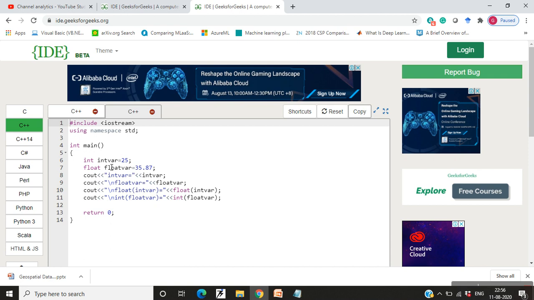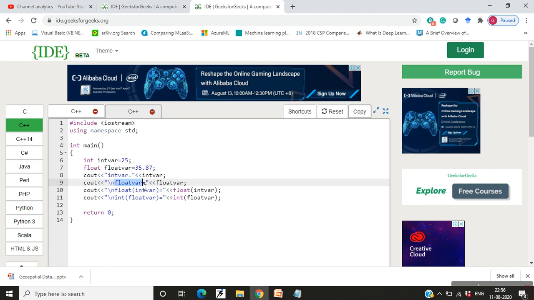See here, I have two variables, int_var and float_var, of type integer and float respectively. I have assigned some values to them initially. Now when I try to display them, I'll get int_var to be 25 and float_var to be 35.87.